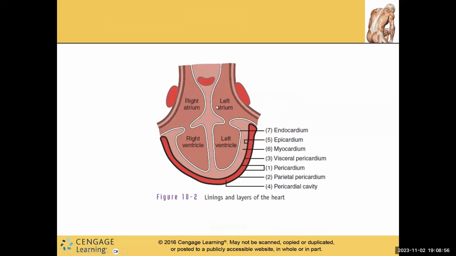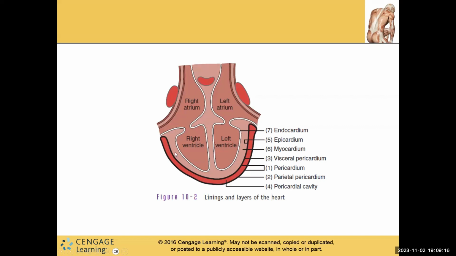Here we see the right atrium, right ventricle, left ventricle. Here's the heart muscle, the endocardium, the inner lining, the epicardium, the myocardium is the muscle, the pericardium is this